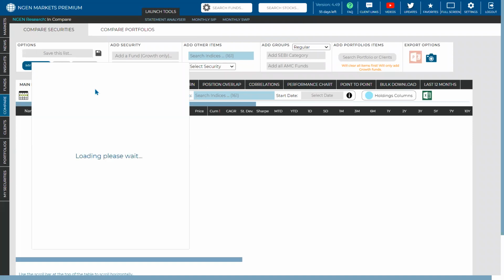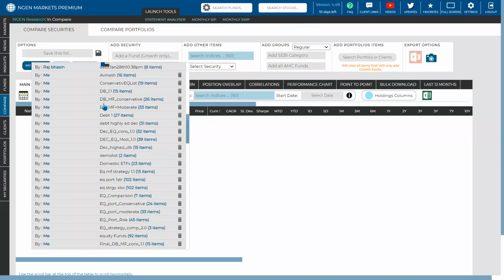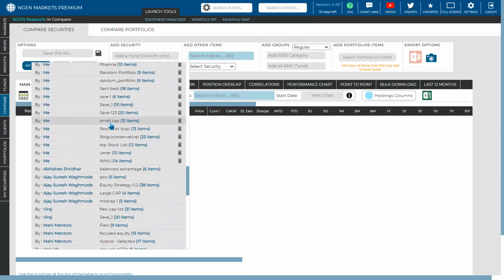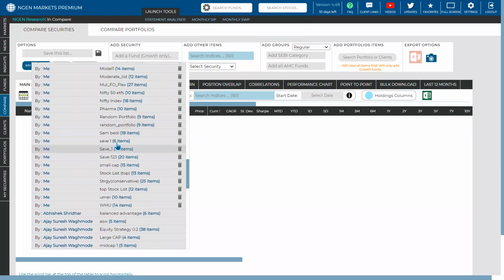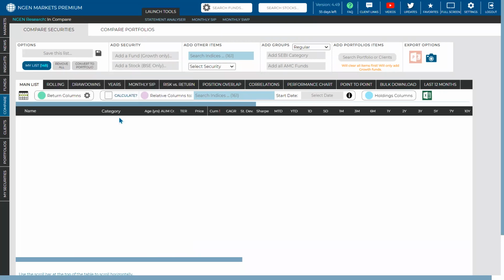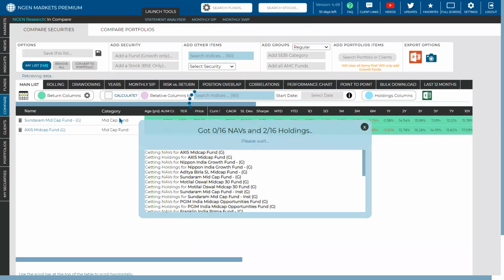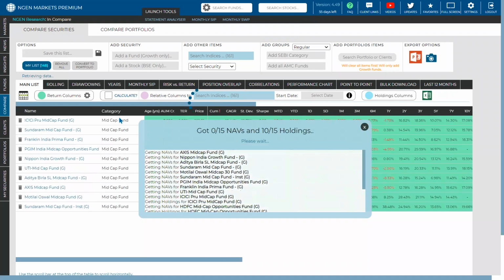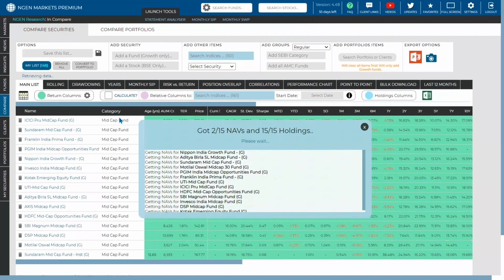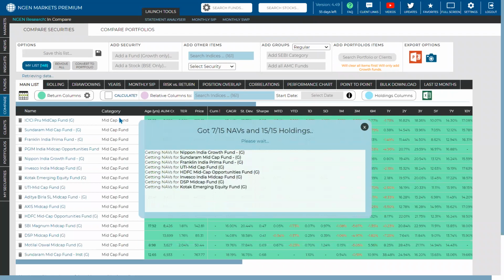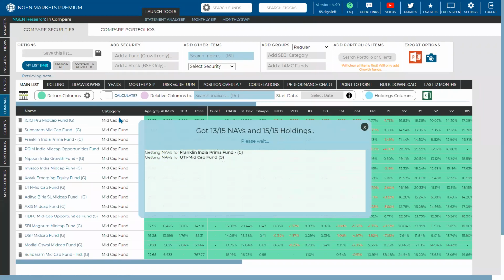So let's say I'm loading a particular set of a fund here, an entire category of the fund. I'm just loading a list from here. Let's say we are loading a list of one particular set of a mid cap composition. This composition I have already saved before as a list. And now you can compare drawdowns of every single mid cap fund in one